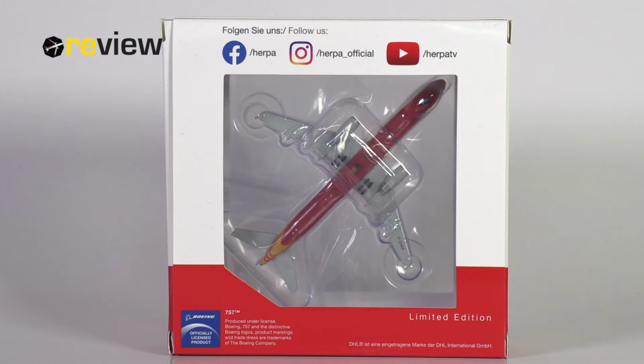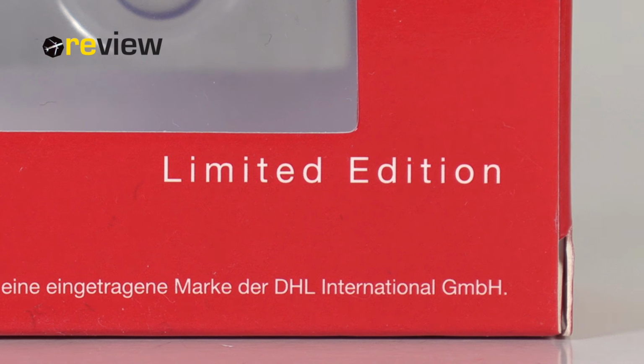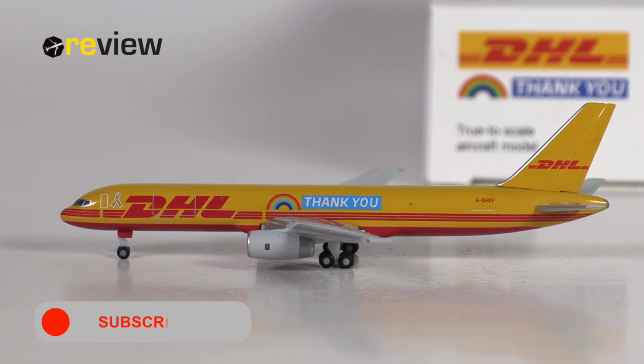The backside of the box unfortunately is yet another example of the dreadful box design of Herpa Wings, so the only thing of interest we find here is simply the fact that this is a limited edition. And here she is, the Boeing 757-200F in the standard livery of DHL, however with the addition of the Thank